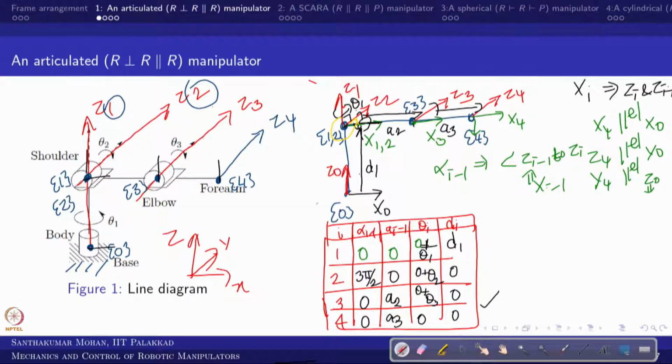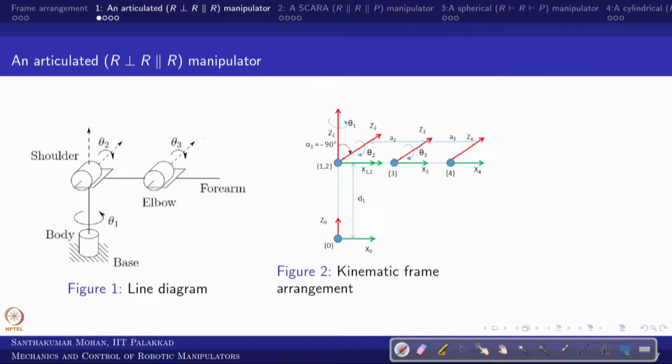So you got this. Now we will go through the same thing in a pictorial way, which I did already. You can see, right. This is 0, and this is 1 and 2, and this is 3 and 4, and we have fixed z1, z2, z3 which are given, and z0 and z4 are a choice. So I keep them as per my own, and x0 to x4 we have to fix, so we have fixed them based on the rule which we have used.